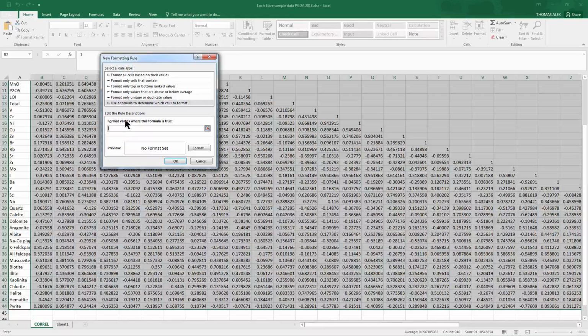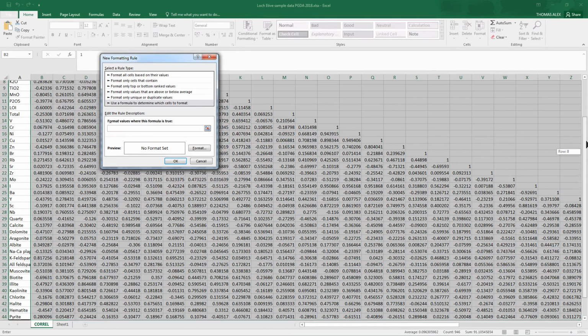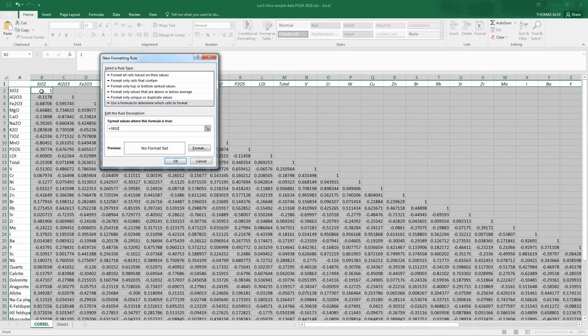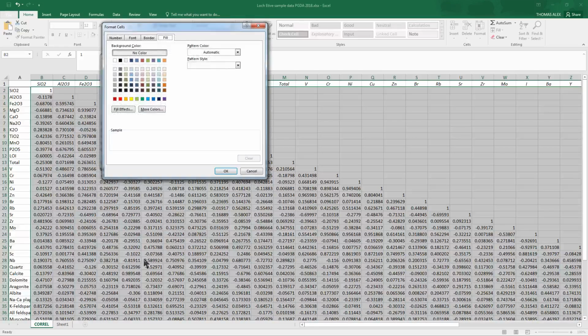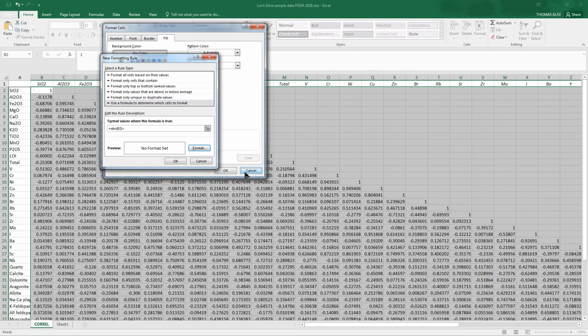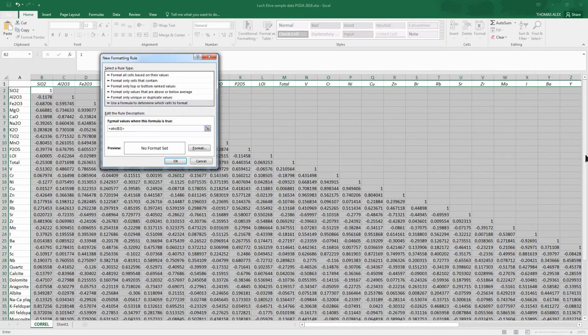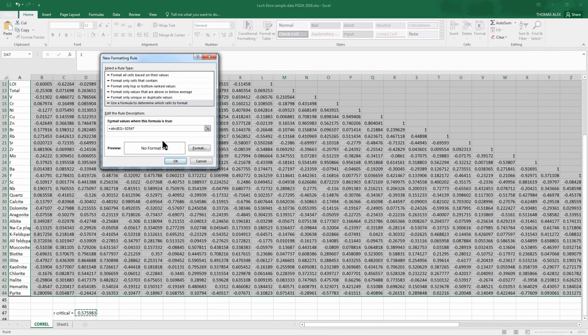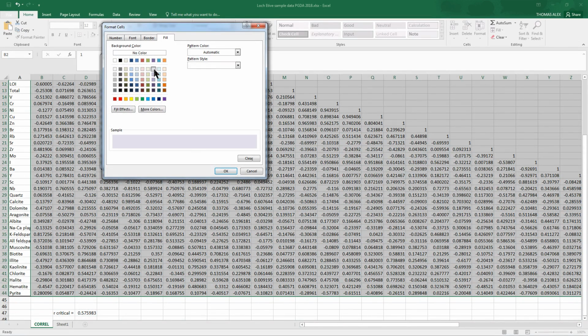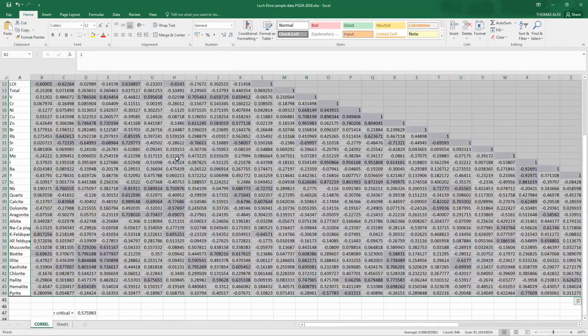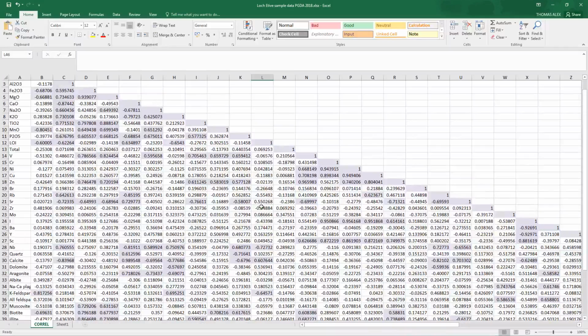Is it going to be if the absolute value of that one is greater than, sorry, click down here, format set to be purple, okay, and you can see now that I've basically got an